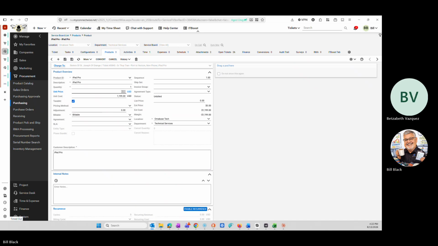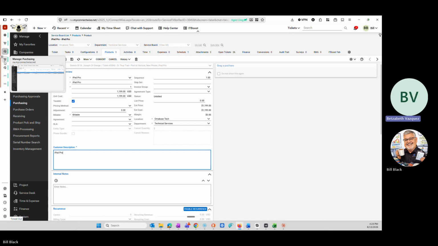Whatever the price is going to be, this is the amount we're going to charge the end user. And this has to be filled in because this is what we end up sending the invoice for. In the previous one, that was our cost, and then this is going to be their cost, correct? Exactly. And I'll know that at the time of ordering too,